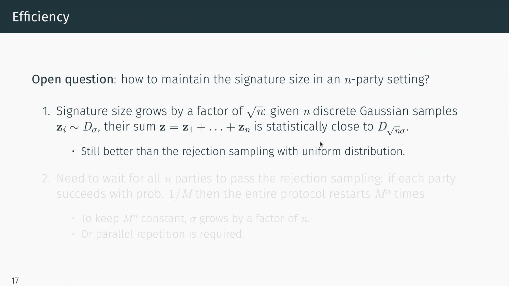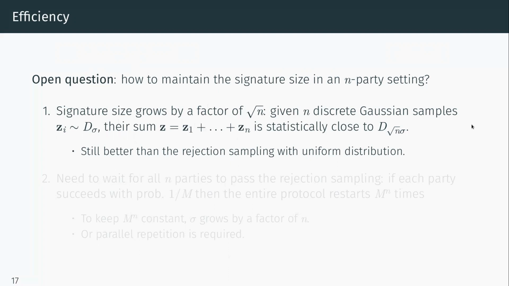So what about the efficiency? For a small number of parties, this construction is okay, but unfortunately, it doesn't scale very well. So the efficiency is a more open question. There are essentially two issues. The signature size essentially grows by a factor of square root n, where n is the number of parties. This is simply because of the fact that n